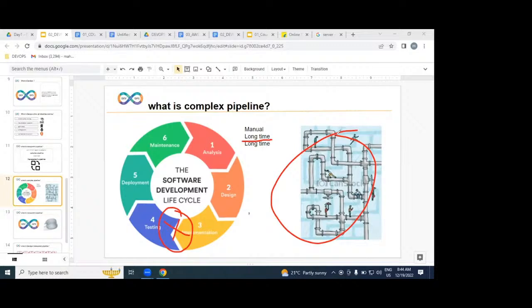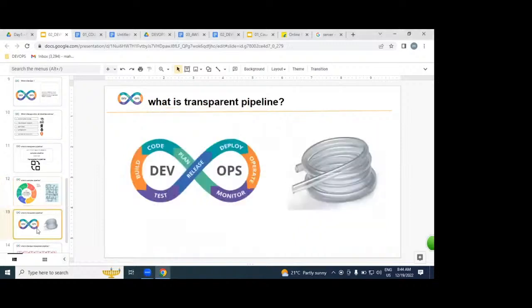That is the reason we replace it with an automated transparent pipeline, by using DevOps. Same water pipeline, but it is transparent and automatic.